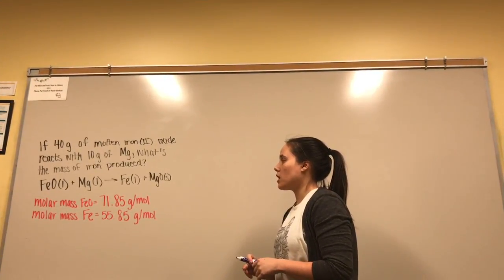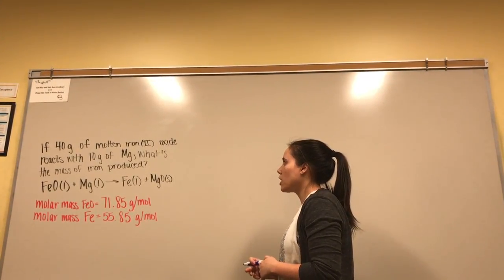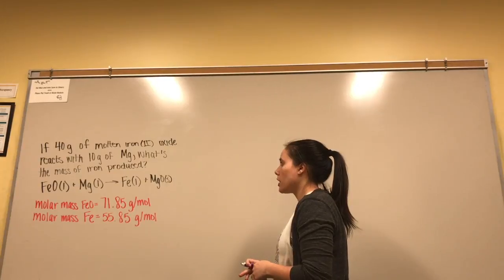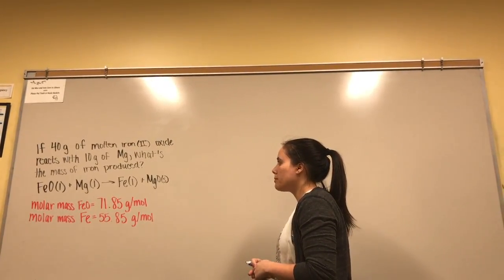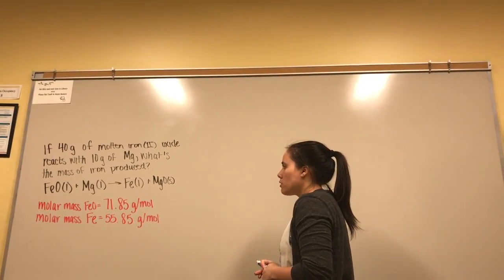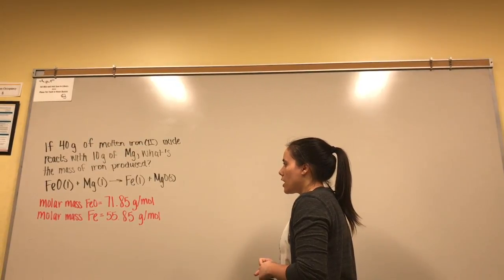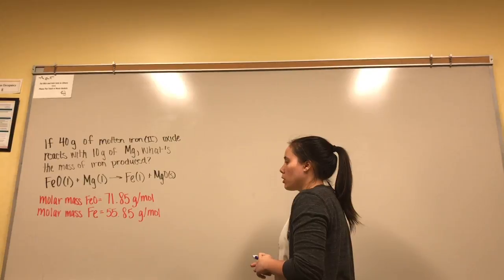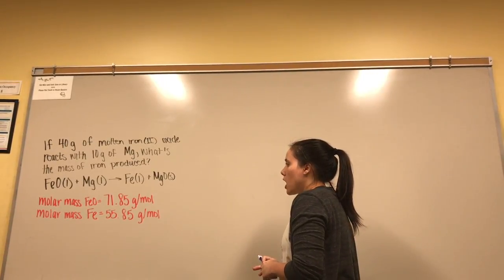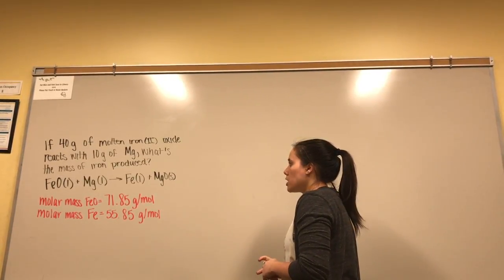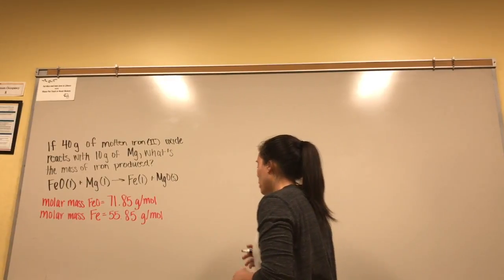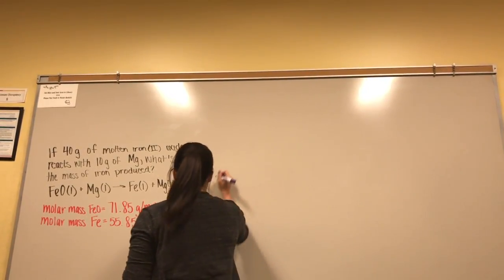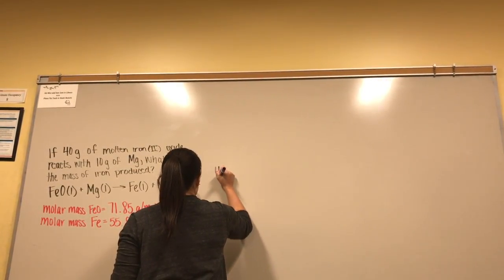Alright, so problem number 59: 40 grams of molten iron(II) oxide reacts with 10 grams of magnesium. What's the mass of iron produced? So your equation is iron oxide in liquid form plus magnesium in liquid form reacts and forms iron in liquid form plus magnesium oxide in solid form. So first you have to do your given, which is 40 grams